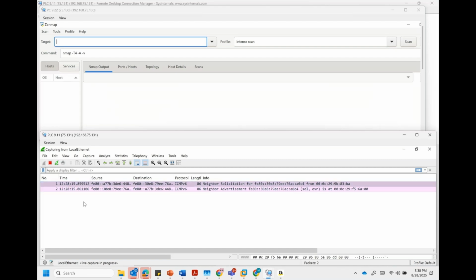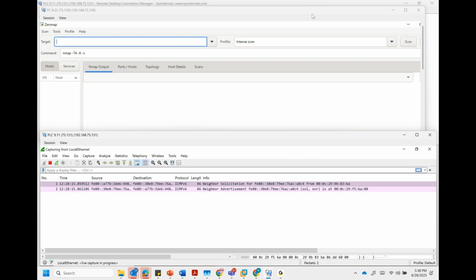Those of you who are familiar with Wireshark, pardon me, but I need to explain it to those who haven't used it. You have the timestamp on the left over here, and then it is just showing what type of communication, what type of packets it is receiving from any outside device on the network. So right now you can see that at 12:28:15, it's UTC time, it received some packets, and after that, it's been about 20 or 30 seconds, and no other packets.